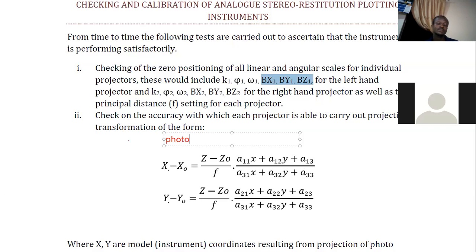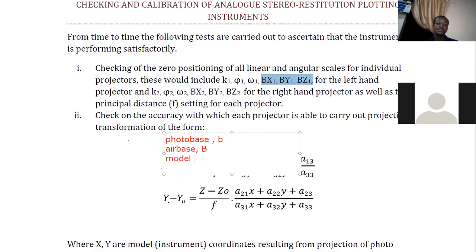The photo base is denoted by small b, the air base by B, and the model base can use another symbol. But basically, when you see bx, by, bz, you are referring to the x component of the air base, and the air base really is the separation between